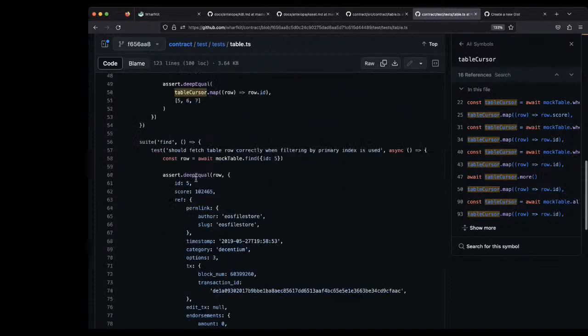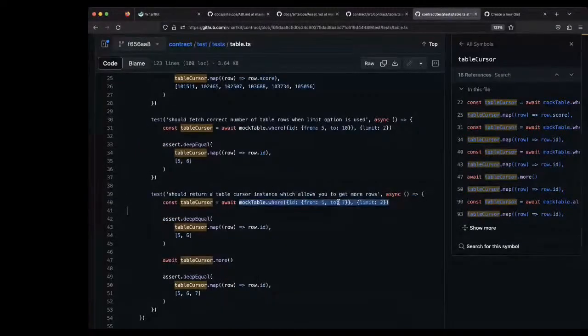This will be useful in where calls as well. You can see we're querying from 5 to 7, but we're only asking for 2. So the first request only returns 5 and 6, but when we call more, it also brings in 7. Stops at that upper bound, that range that you're querying. So